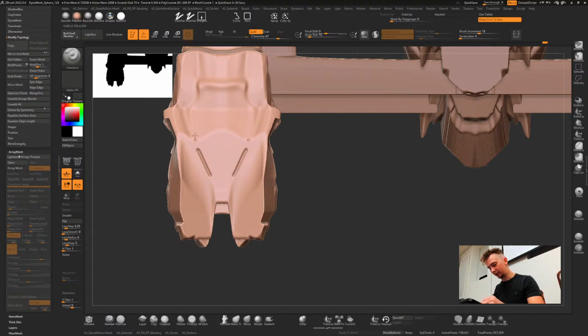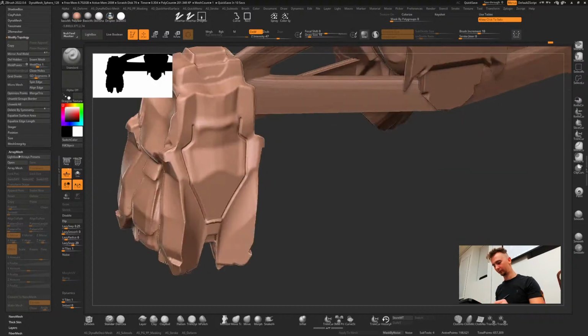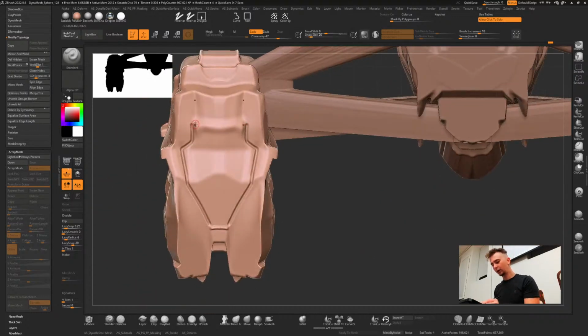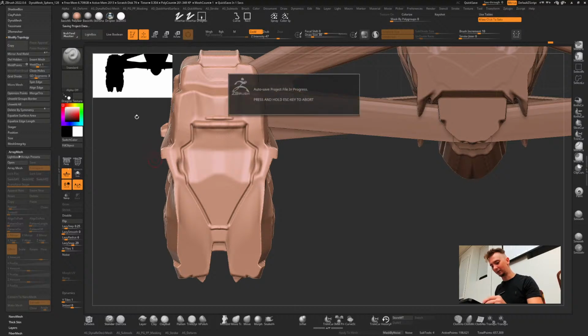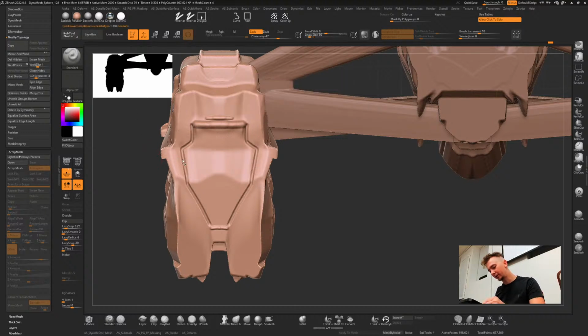What this will do is let me continue from where my mouse left off. And basically it just comes down to, as stupid as this is, using a standard brush.